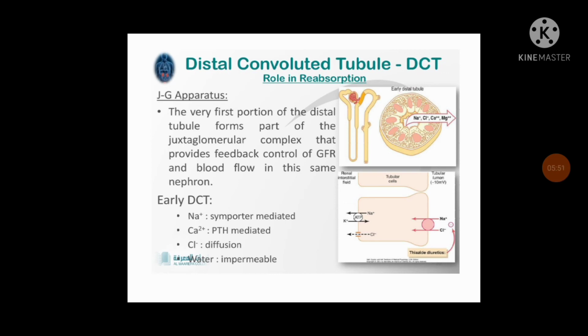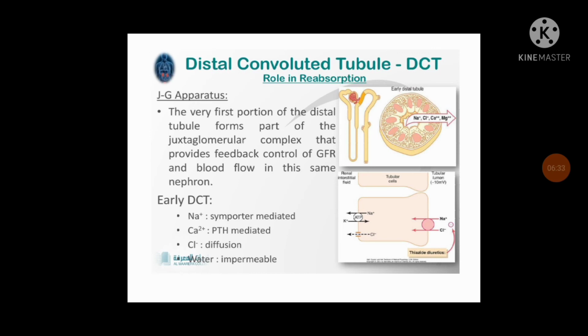Okay, so in case there are decreased sodium and chloride levels in the tubular fluid, it is going to stimulate the juxtaglomerular cells to secrete renin. Okay, so this renin is going to convert angiotensinogen into angiotensin 1, and angiotensin 2 is a potent vasoconstrictor. It is going to stimulate the hypothalamus for the intake of water. It is going to increase aldosterone secretion from the adrenal cortex, and at the same time it can act on the renal tubular cells to increase reabsorption of sodium and water from the distal convoluted tubule.